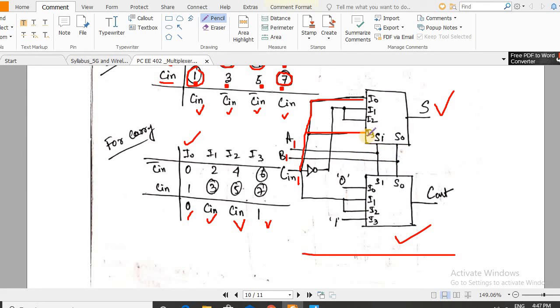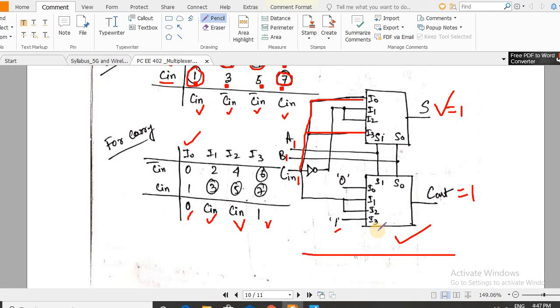And what is the input at I3? I3 is connected to Cin, which is basically 1. So S will be 1. Clear? Now again, since S1 and S0 are both 1, I3 will be selected. Again I3 is connected to 1, so Cout will be 1. So it is verified that this circuit will act as a full adder circuit.